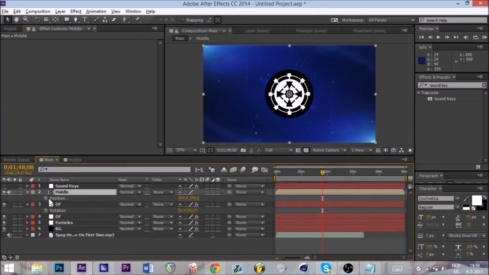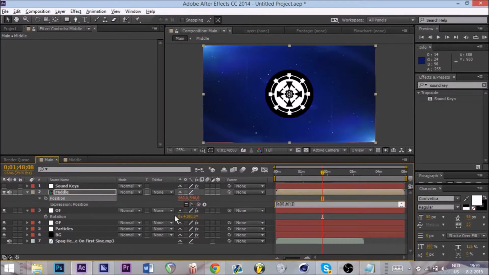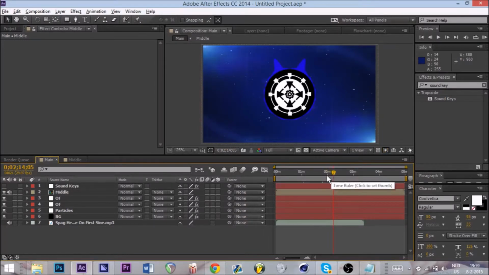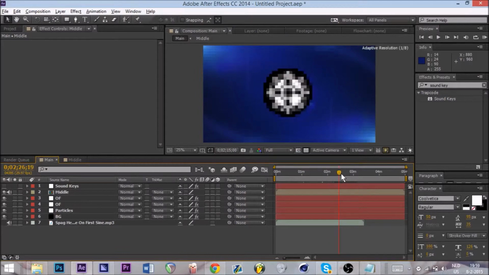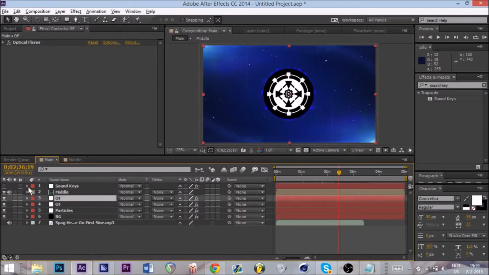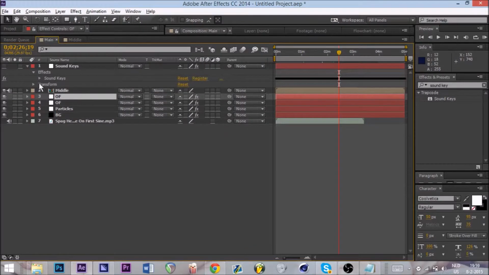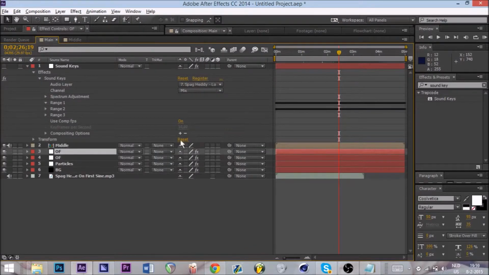That's with the position. Alt left click and just put that there. And now if you look a bit, it's also moving instead of just bumping forward and backwards. Yeah, that's for the middle part. Now we'll go open sound keys, and we'll go to range 1,